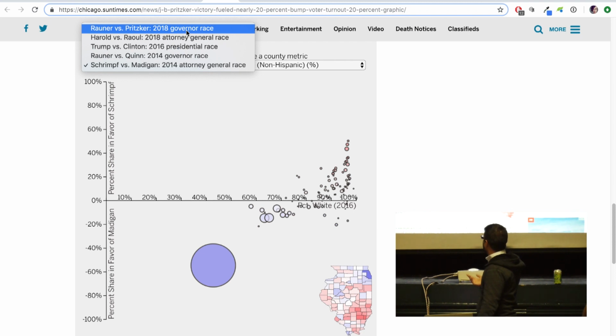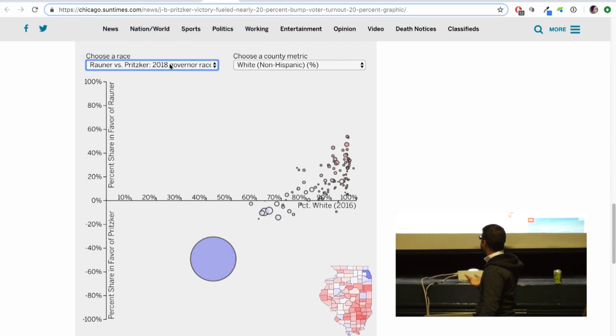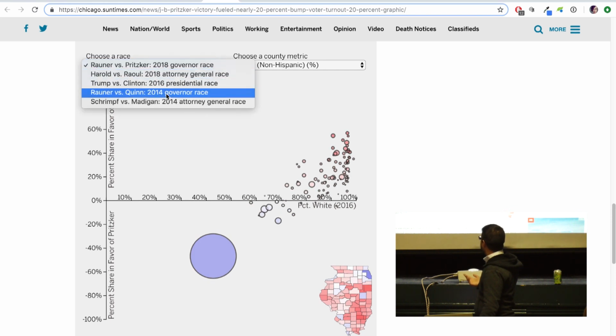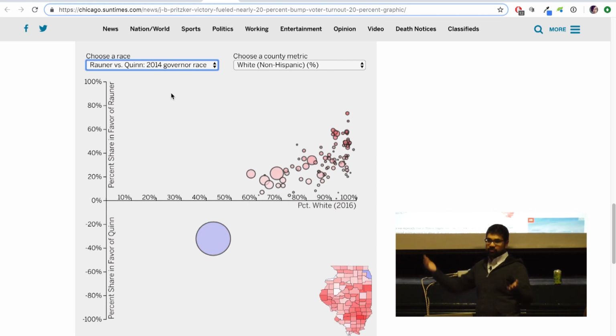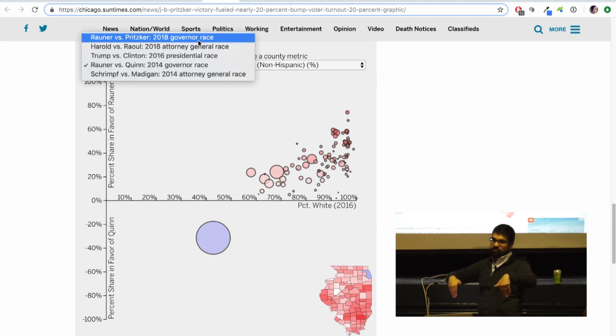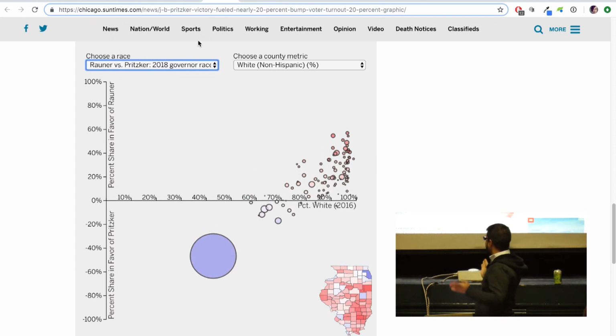But when you compare here's this year's governor's race, and here's 4 years ago, you could really tell the difference in what happened. Everything moved up for 4 years ago towards the red, towards Republicans. Everything moved down this year towards blue. And then I mapped it over, the other axis is based on census data and other election data.